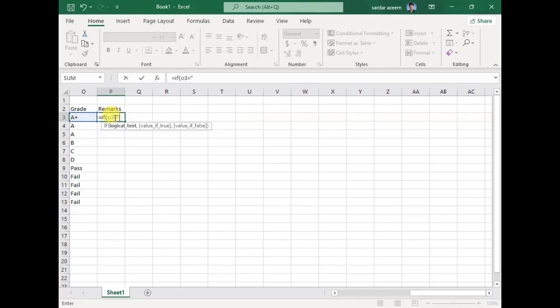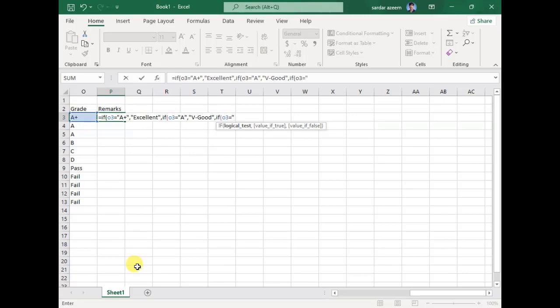I said if a person is getting A plus grade, okay, comma, double quote, his remarks will be excellent, comma, if bracket O3 is equal to A. If a person is getting grade A, comma, double quote, his or her remark will be very good, comma, if bracket grade is equal to